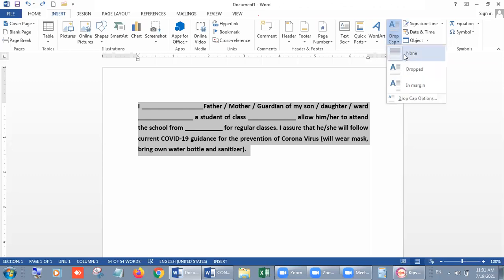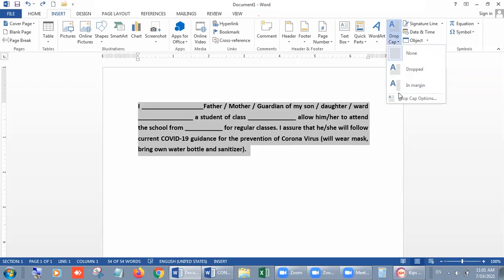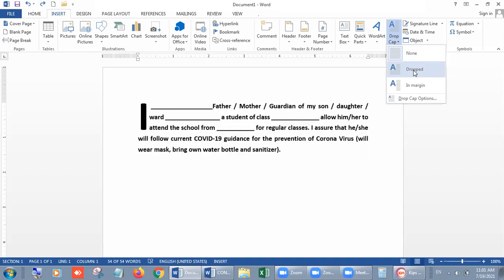Click on it. This time it's none. If you select the dropped option, you can see the first letter is enlarging. It's I up to 3 lines.